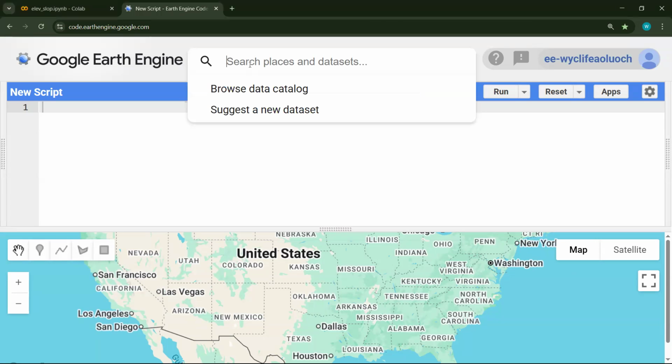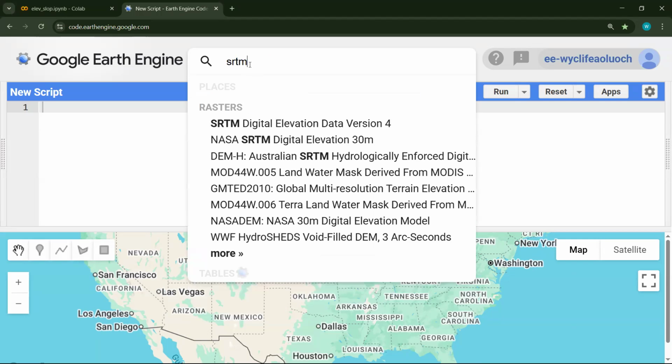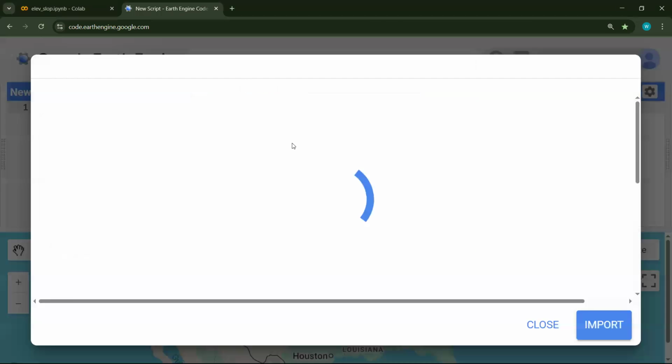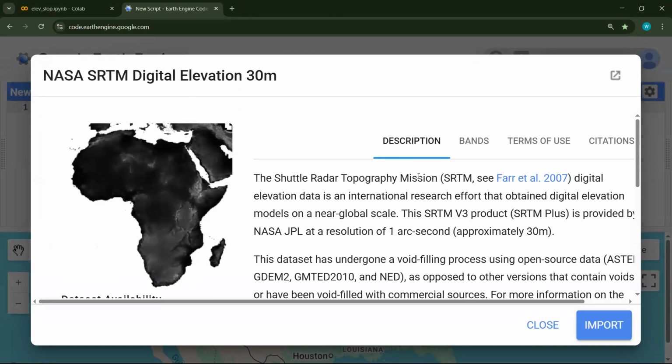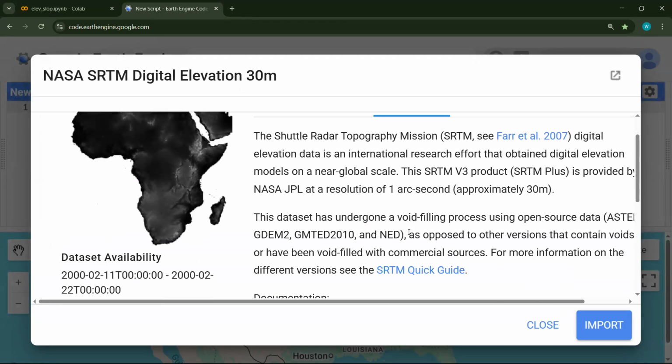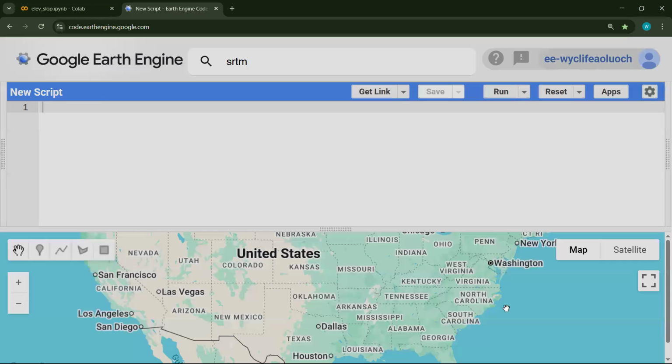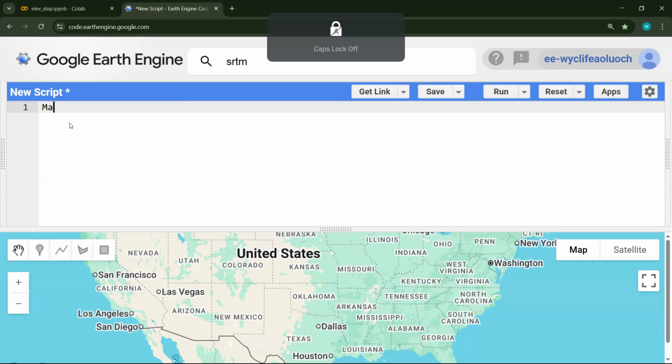My name is Wycliffe Akumba, and in today's session I want to share with you how you can obtain digital elevation model data, or elevation data, or altitude data for your region of interest for analysis. And in today's session, first of all, I will show you the regions of interest where we want to do the mapping. For example,